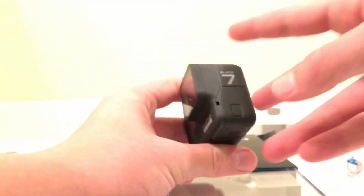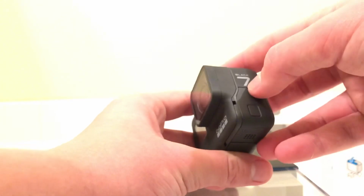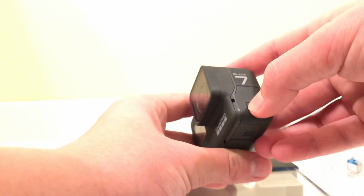In order to get to the charging port, you're going to need to push that button right there. This is the camera lens. And you need to push the button right there and just slide this little door down. Actually, maybe not, hold on. Yeah, so you just gotta slide it down with a little bit of pressure and then just lift the door up. And that will open up